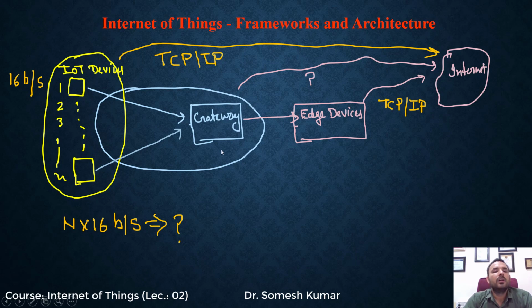Fine. So I will also give one example. Suppose one faculty gives 100 questions to one student as an assignment, and he or she allocates only 30 minutes. It means in 30 minutes you have to complete 100 theoretical questions. Is it possible to complete that assignment? No, it is a very difficult task. So here the student is the gateway and the internet is the faculty.